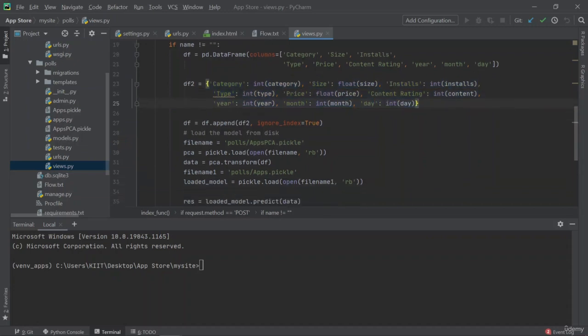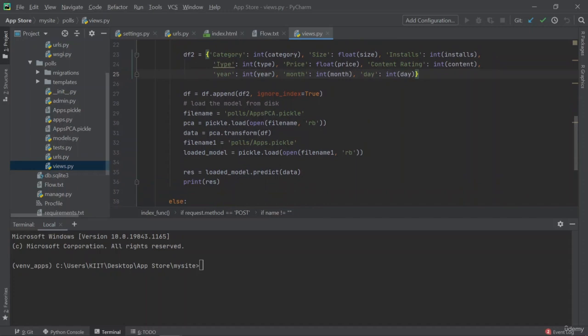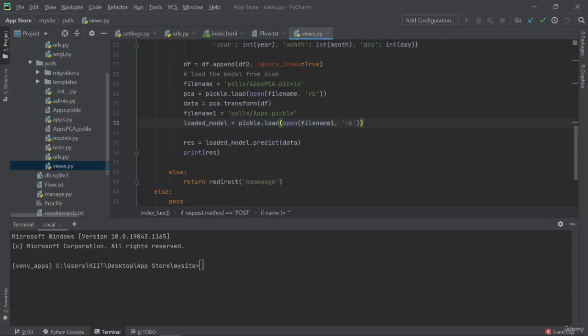So we have to squish it down to 5 columns. For that, we need PCA. So once we have transformed, what we do is we send the transformed data into the loaded model, right? We send the transformed data into the loaded model for prediction. So you can see that I have loaded the model. This is my loaded model here, and then I'm doing the prediction with the transformed data and printing the